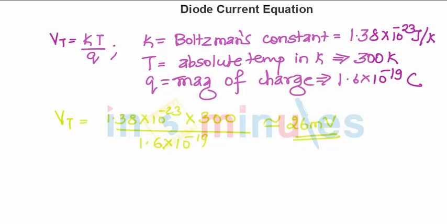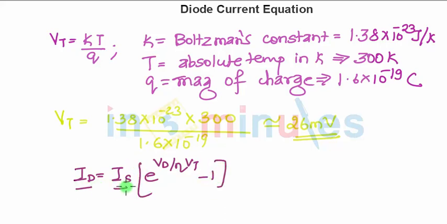So to summarize, the final equation for the diode current is ID equals IS e raised to VD upon eta VT minus 1. As per the specifications given in certain books, you may find the diode current written as small id. Even if you write capital ID, it is fine. IS is the saturation current, and IS e raised to VD upon eta into VT minus 1 is the final diode current equation.